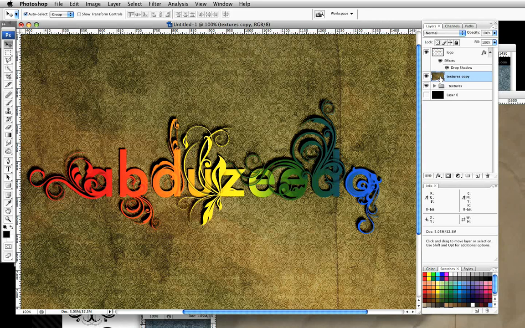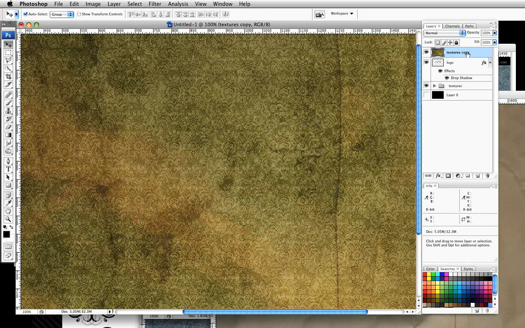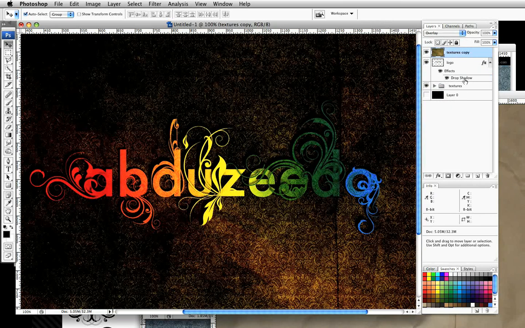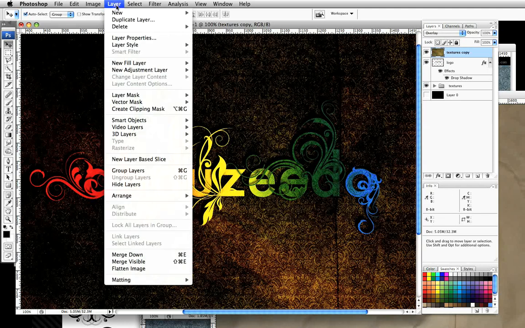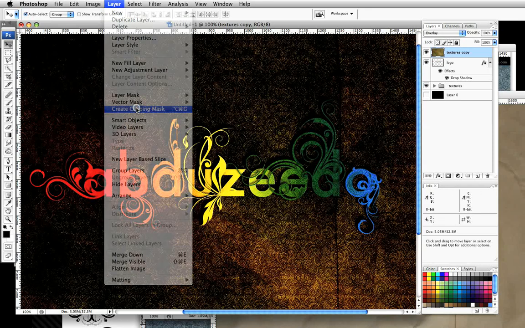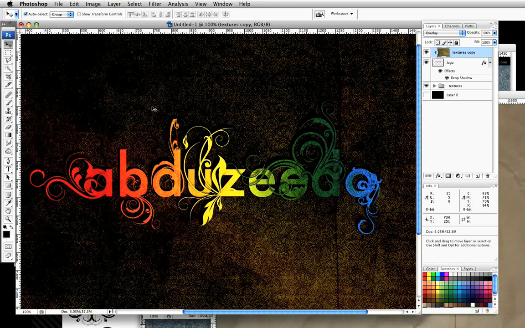Okay, so once you've done that, the next step is we're going to put that new text layer on top of our logo, like so. Make sure it's set to overlay. Okay, and then we're going to create a clipping mask. So we're going to go to layer, create clipping mask, and then we're going to